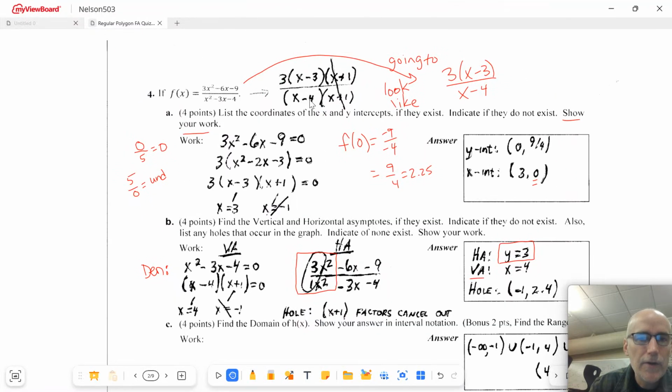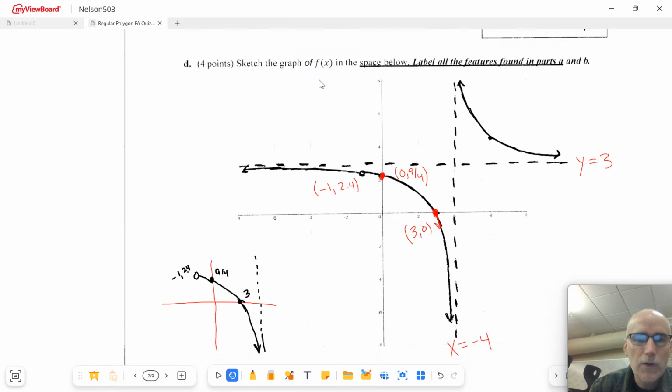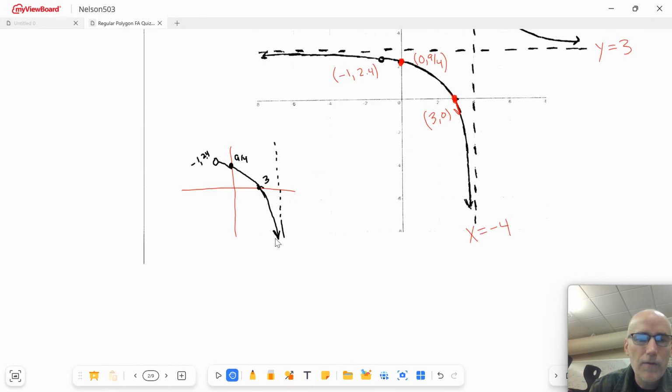denominator is factored into x minus 4, x plus 1. Well, the x plus 1's cancel out. But the x minus 4 has a 1 power on it. That means that it's going to alternate. The function's going to go down on one side of the vertical asymptote and up on the other side. Do you remember that? How we put an arrow going down and then we put an arrow going up? If there was only a factor, like one of those factors. If there was two of the factors, like it was squared, then you would have both of them going down,